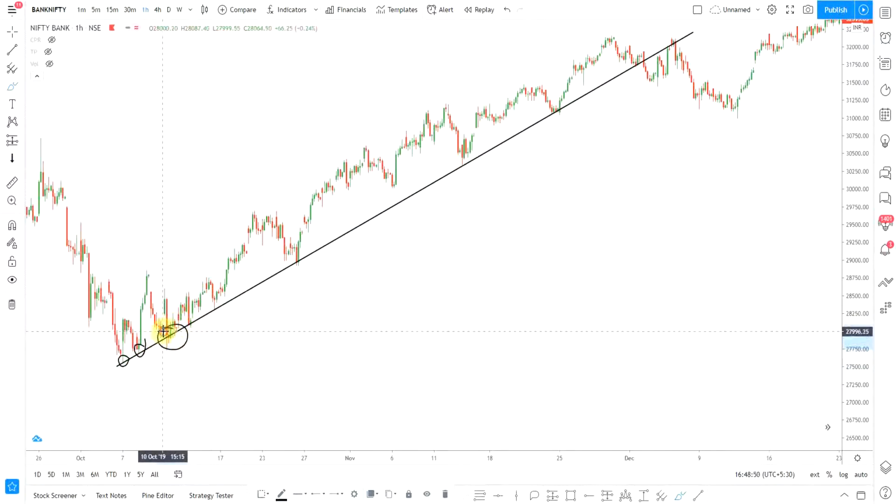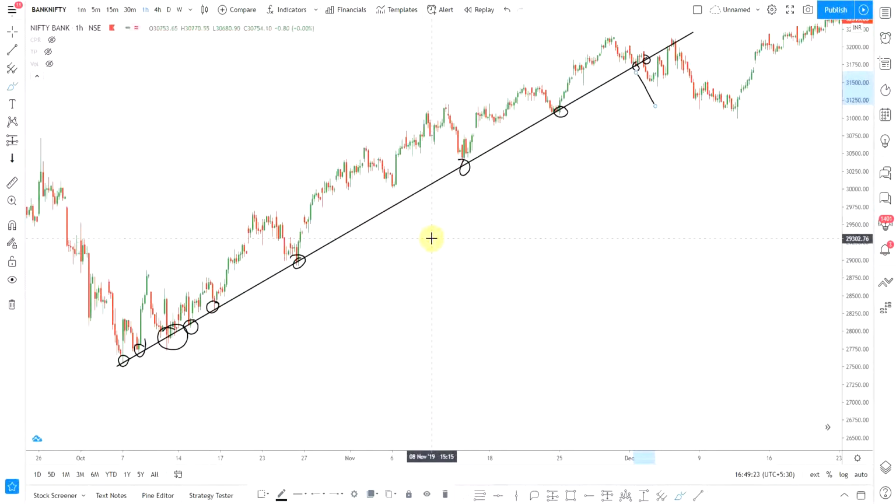So let's just count it as a big 3, 4, 5, 6, 7, 8, 9, and the 10th one is the one that's giving the breakout. Okay, so we're getting 9 touches on the trend line, and according to our rule, we need at least 3. So we're set on that.